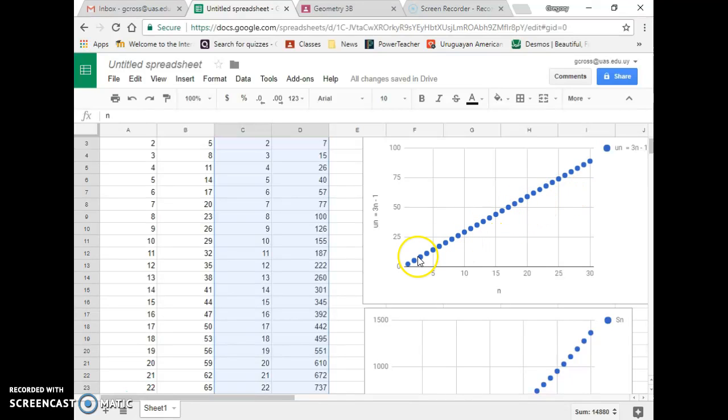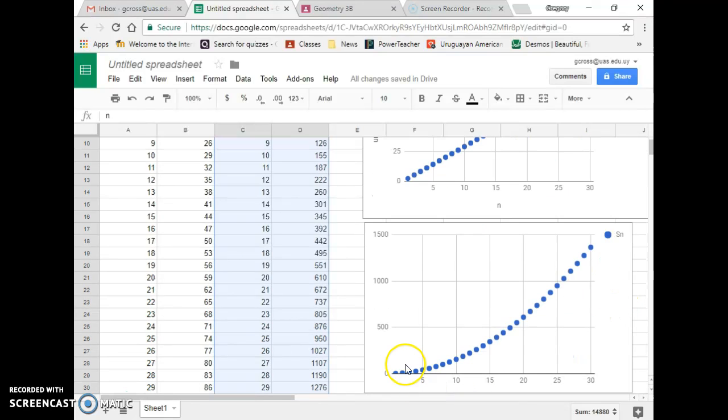Pretty linear, pretty straight line, clearly. There's our arithmetic series graph, which is definitely not a linear graph. Okay? Now,